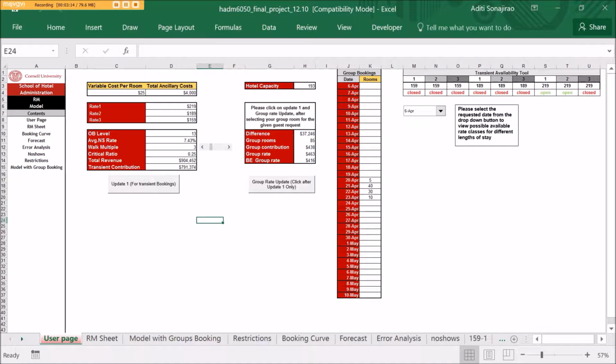As we can see, the number has changed, and the transient contribution now is $791,000, and the restrictions running behind have also changed based on the sensitivity reports that were printed during the Visual Basic run. Now, for example, let's say you have to select a date for a particular arrival. You select 10th of April. You can notice that at a walk multiple of 3 and an overbooking level of 13,